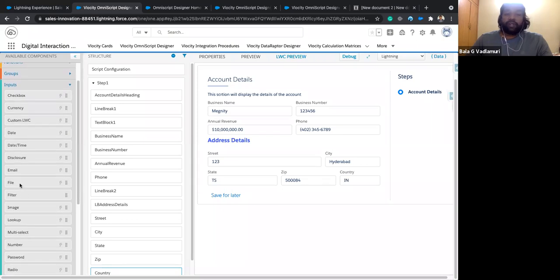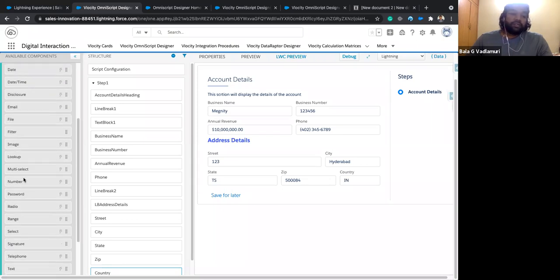We can upload files, filter image. We can have images. We can have a lookup. So lookup is similar to the lookup of Salesforce, but different UI and different functionality. So we have multi-select, we have number, password,